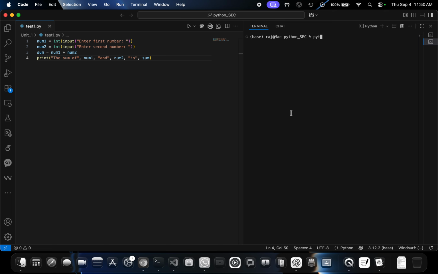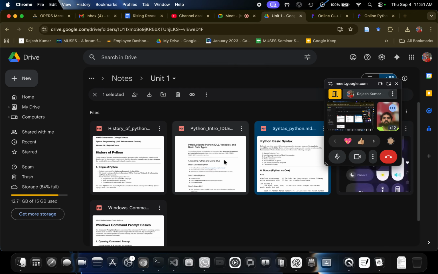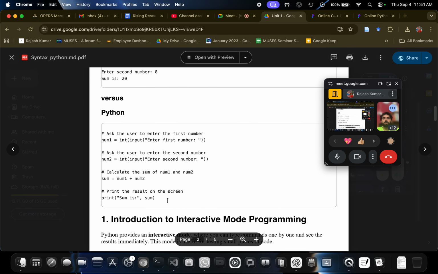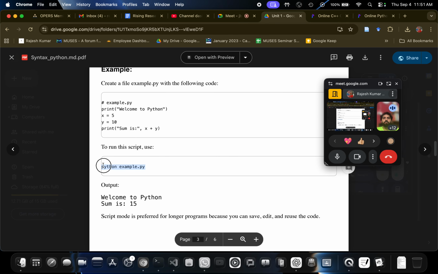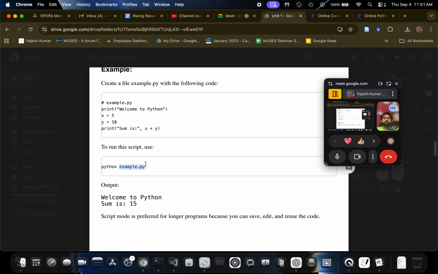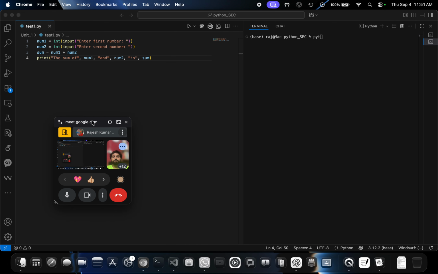And I want to tell you how to run a code. We have to go to the same path and write python space file name dot py. So I'm going to do that here.